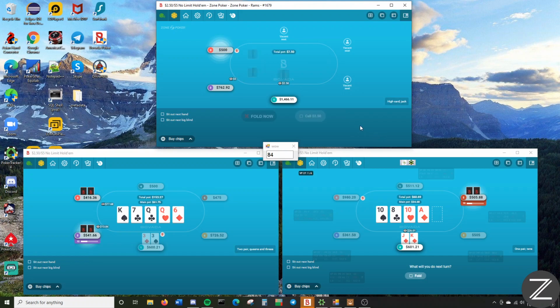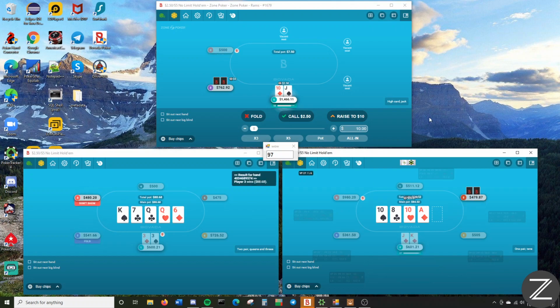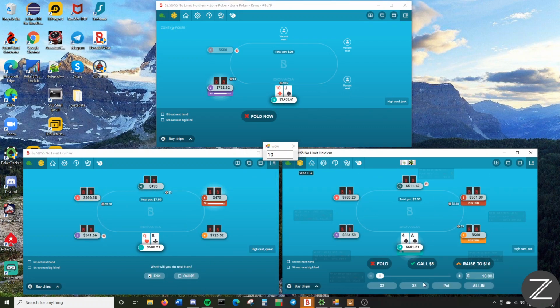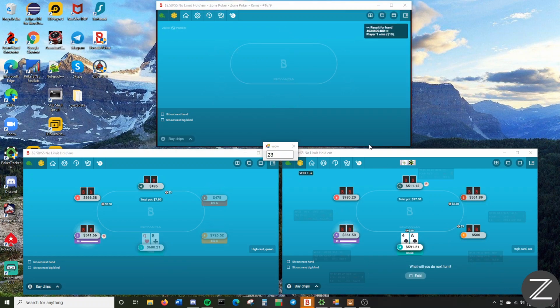So on those turns that give out of position loads of straight draws, you're going to be using some of your weakest showdown value hands as bluffs to bluff the turn and then check back a brick river. But if